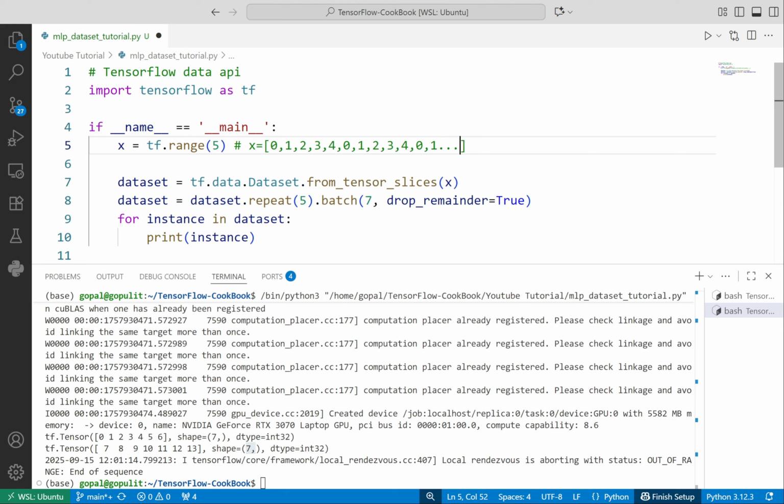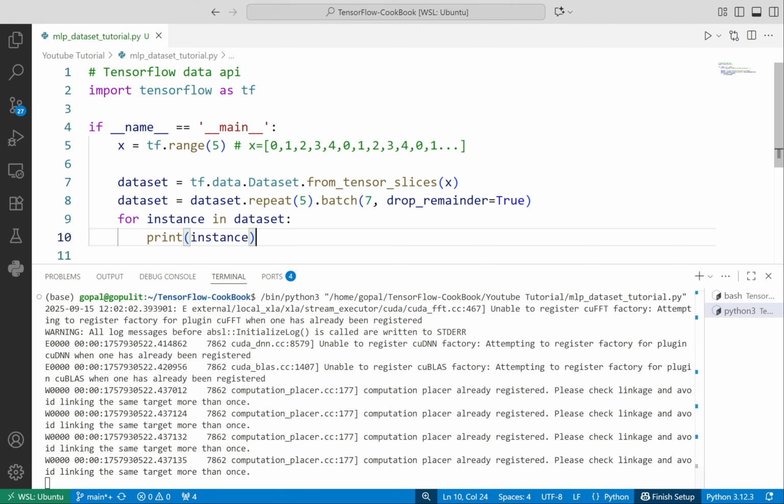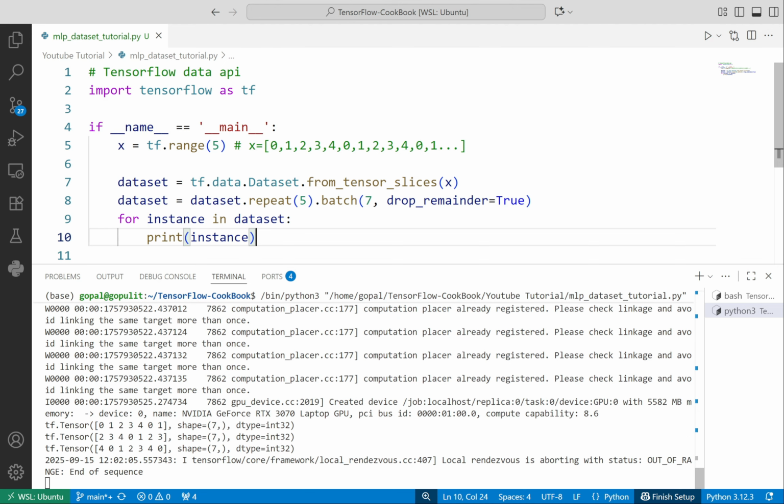After repeating the dataset 5 times we batch it. Let's see what we get. You can see 0, 1, 2, 3, 4, 0, 1, 2, 3, 4 repeating.